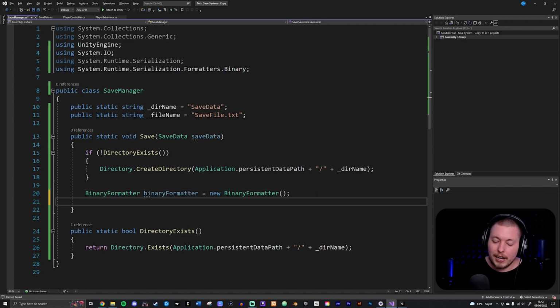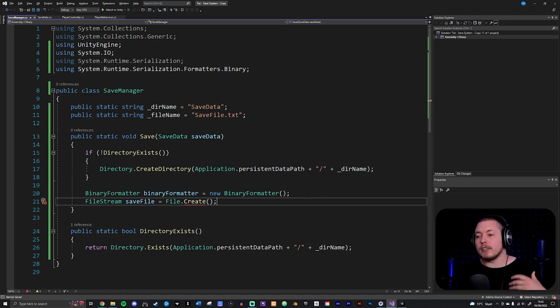So I'm going to go to the next line and say I want to add a file stream. And I'm going to call this one save file. Then we're going to call upon a method called file.create, parentheses, semicolon. And then we're going to be adding in the file that we want to create here, but we don't actually